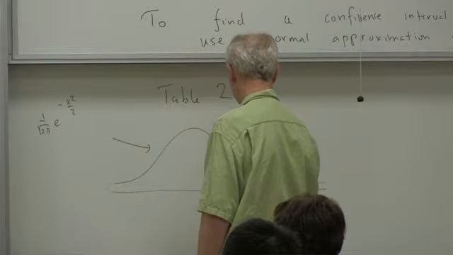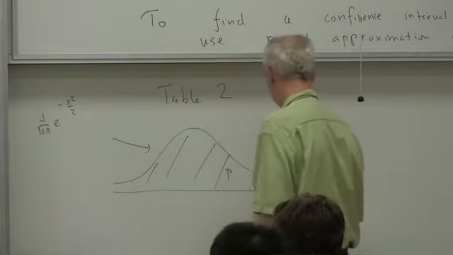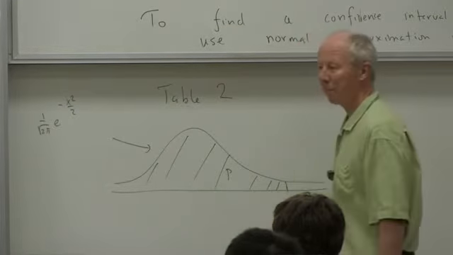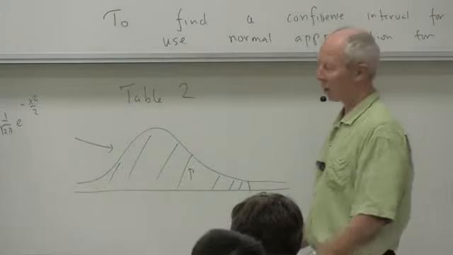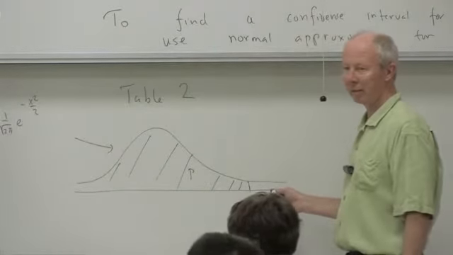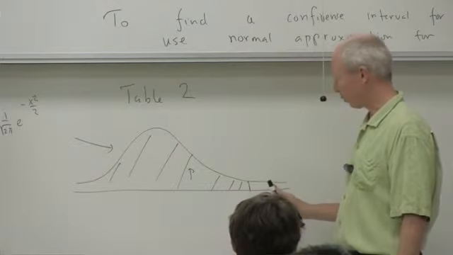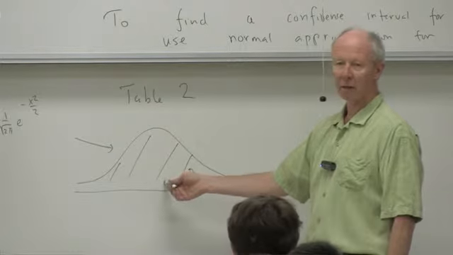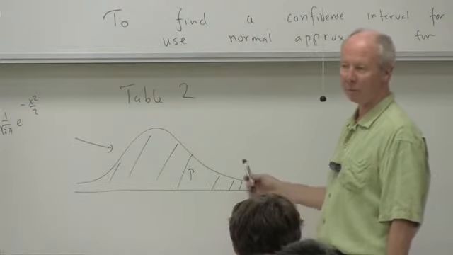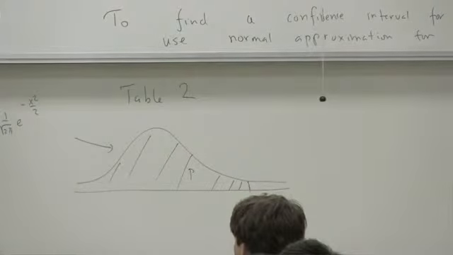And this area here is called P, and this point here is called Z sub P. So he's talking about the area over here and calling this Z of alpha when this area is alpha. And in the table, they talk about this area here, call it P, and this point he calls Z sub P. I think he should have just stuck with Z sub alpha here and called this area alpha,